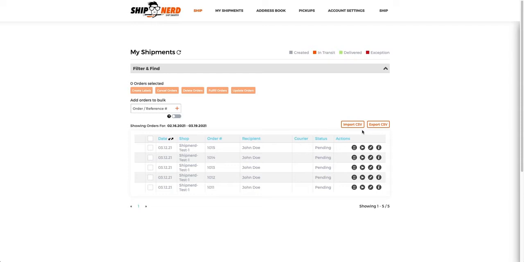ShipNerd's import CSV functionality. If you have your customer list in CSV format, you can easily import it into ShipNerd using this little button right over here. Rather than manually creating label after label after label, using the import CSV will take all your data in an Excel file or CSV file, import it into ShipNerd, and then allow you to create labels for the entire file